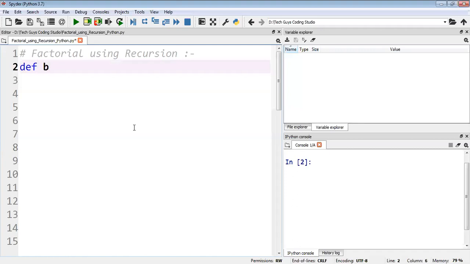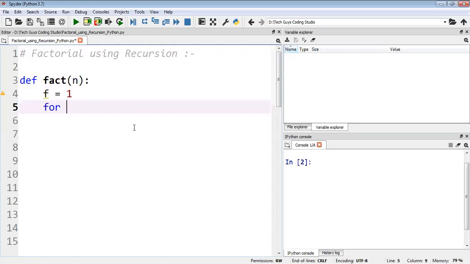We'll take one function: def fact, and here I will pass the n value. Then I will take f equal to 1, the factorial initial value will be 1.